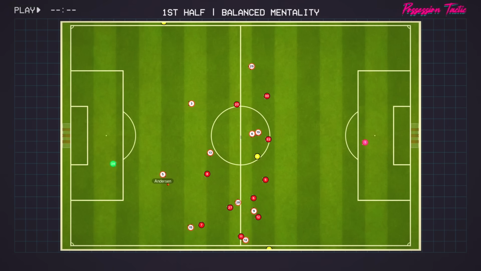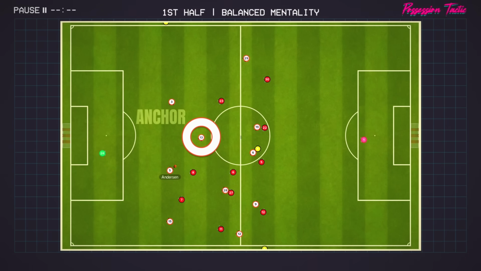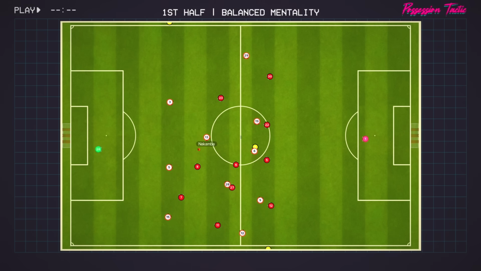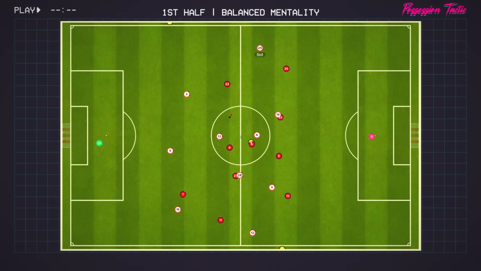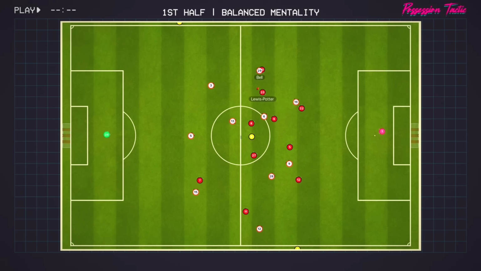We're going to take a look at 2 clips on balanced mentality versus positive, and it's very much my interpretation of how they work. Sometimes it's hard to quantify what a player will and won't do with balanced versus positive, but here's a clip from the first half with the balanced mentality. My anchor is going to get the ball, and after one touch, make a blind pass out towards the wingback. We don't end up losing the ball, but that's still a risky pass and hurts us in trying to keep